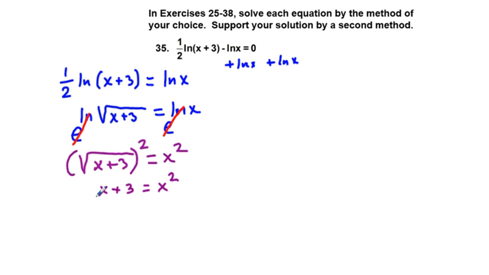And next, we're going to solve this equation for 0 on the left side. If we subtract x and subtract 3 from each side of the equation, we're going to end up with 0 equals x squared minus x minus 3. And we would try to factor this equation, and I have tried to factor it. It wouldn't work out factoring. So we're going to use the quadratic formula, which is x equals